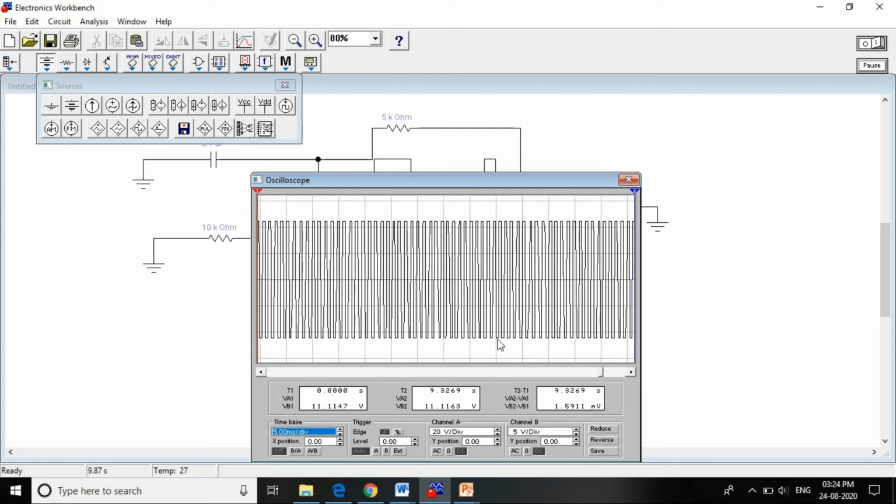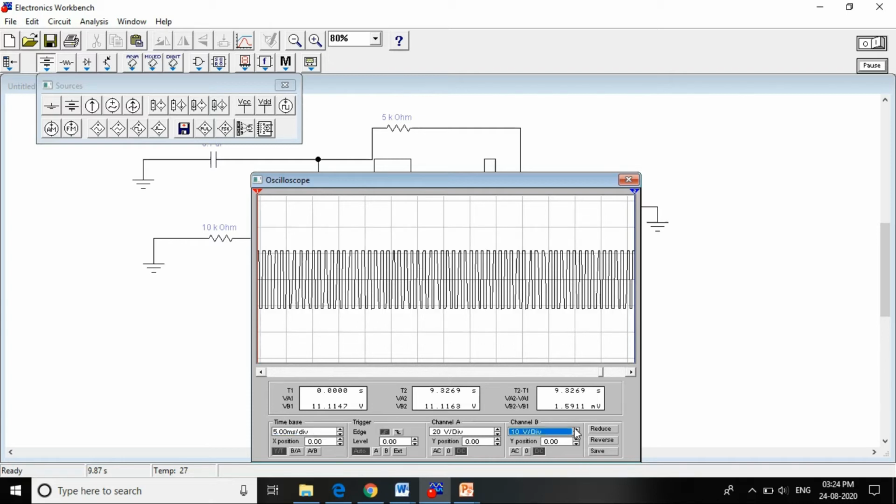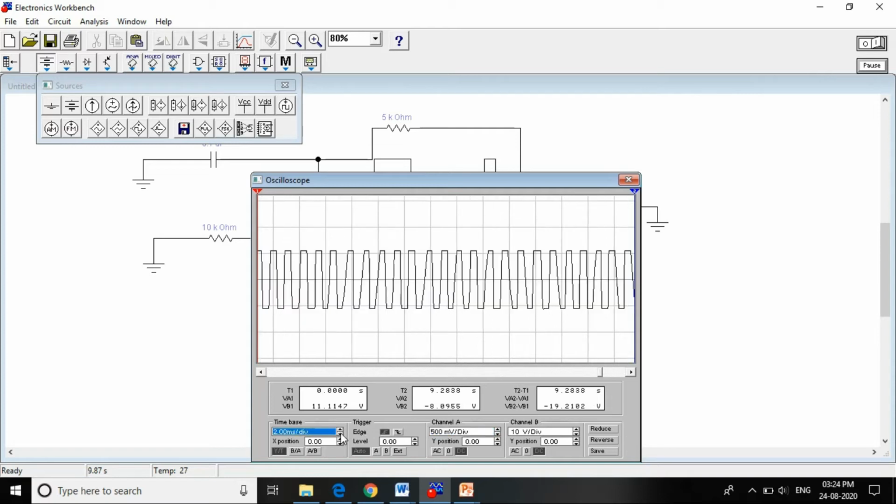So based on this, you can calculate the value of frequency. So how many waves you got here? So you need to reduce the size. So it is very difficult to calculate generated waves. Okay, so I am reducing it like this. So you can make any changes over here. Okay. Yes.